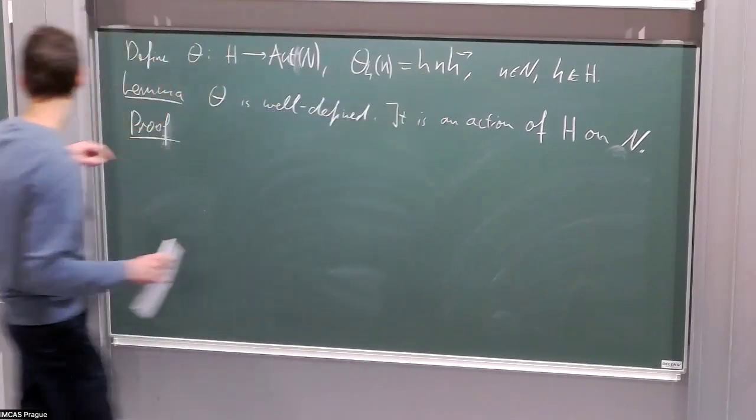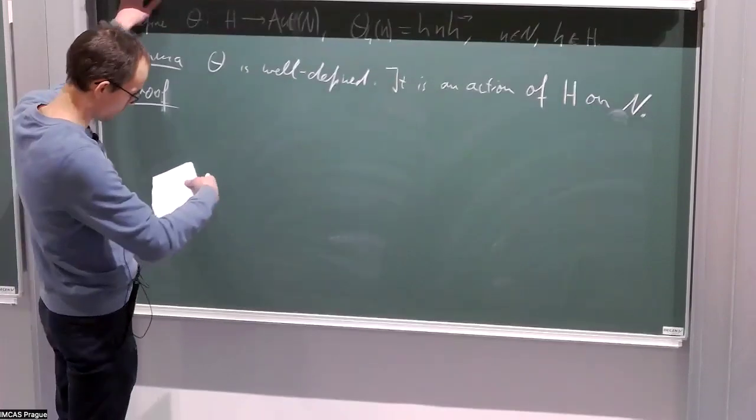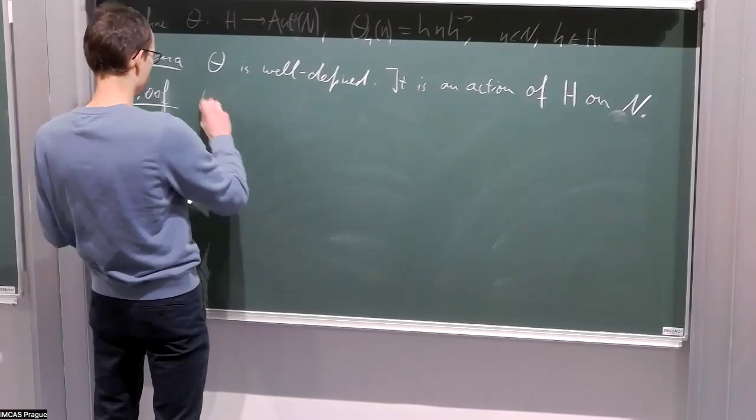Because I've taken an element from H, which is the quotient, and I want to multiply it with an element in N. And I can do this inside G, right? So I can pick for each small h in big H a representative in G, and then I can use this to do this multiplication, but I need to show that it's independent of what representative we pick. So we have to show for well-definedness